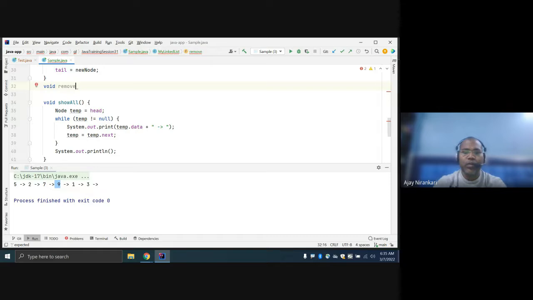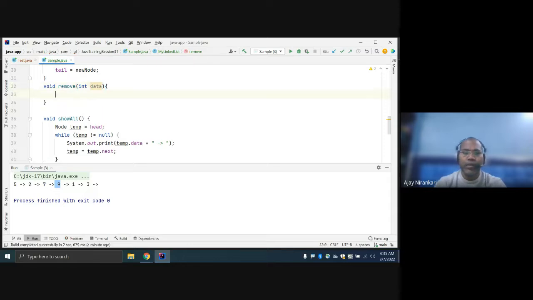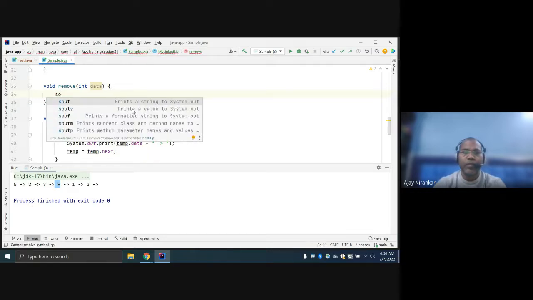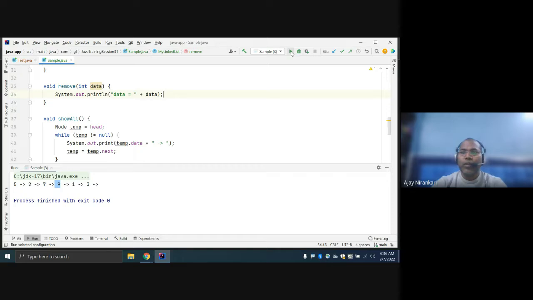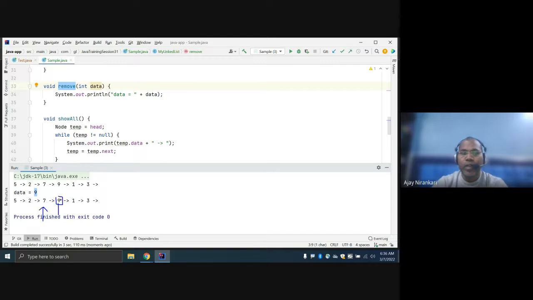It will take int data, this is our key value. You want to delete the 9 element. First we have to find this 9 node, and then find the previous node. Then we have to change the relationship, and make a relationship from 7 to 1.